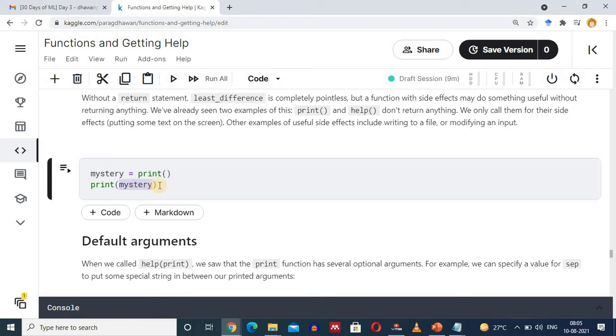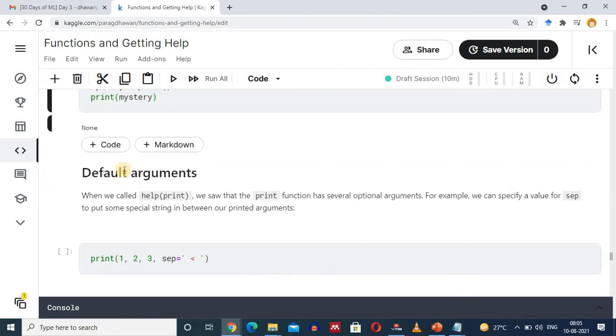So via nesting, you have called two print functions. The inner print function was not returning any value, therefore it was replaced by the special value None, and the outer print function was printing None. Click on the cell, the output of this execution will be None.